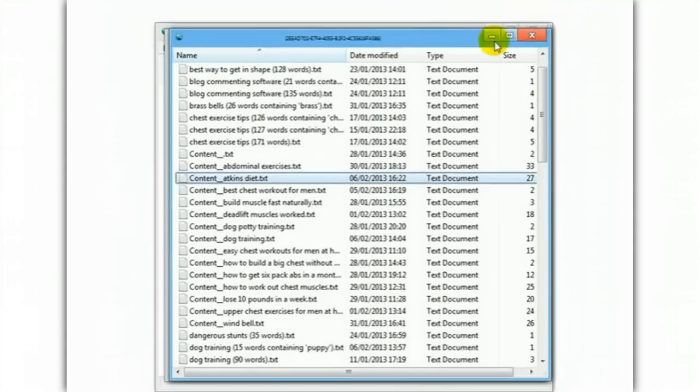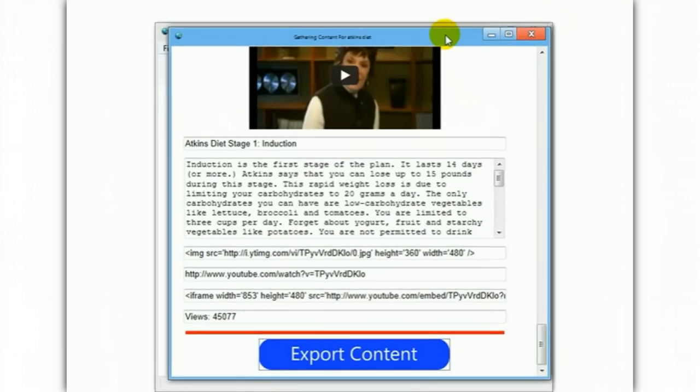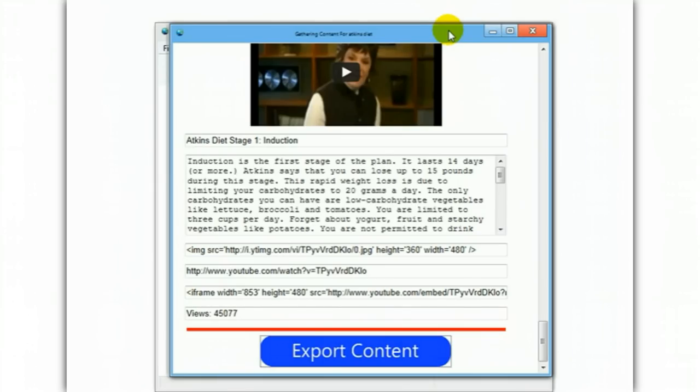So the whole process to retrieve and save this content is literally 2 clicks. So the user, after they've found their keywords and they've analysed the keywords and have found a keyword that they want to write a blog post about, it's literally 1 click to retrieve the content, and then a 2nd click to save that content, which is pretty good in terms of